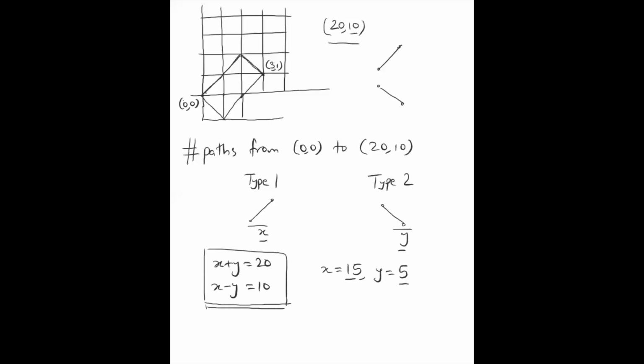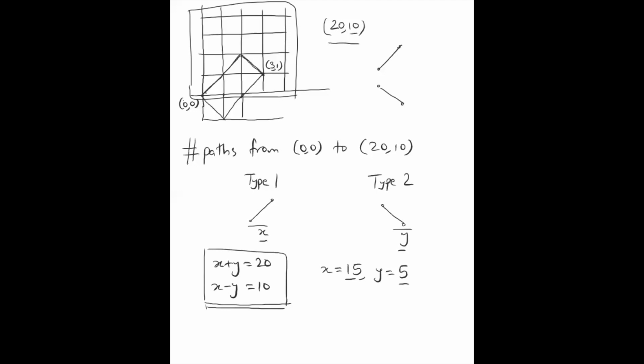That itself is a fairly novel kind of observation. But now how does this help us? What I'm going to do is, instead of looking at paths on the grid, I'm going to represent these paths in a slightly different way. Each path I will represent as a sequence of ones and twos.